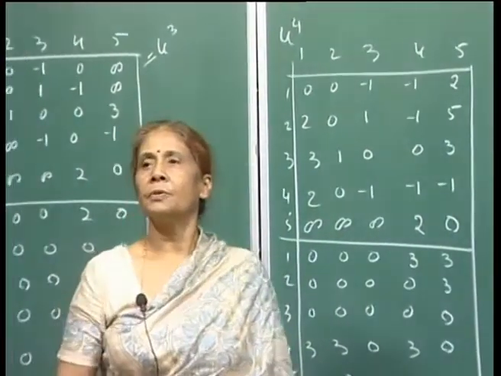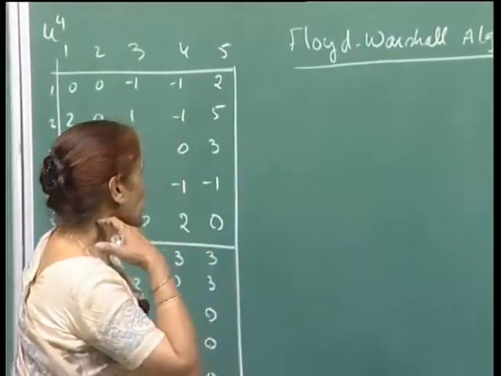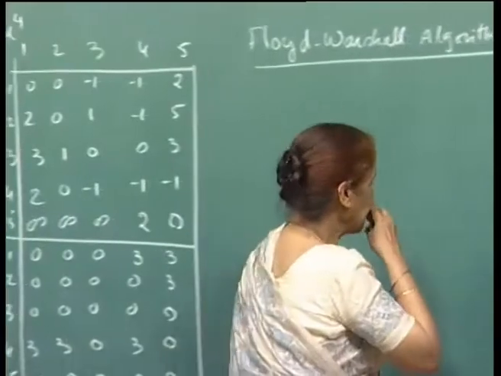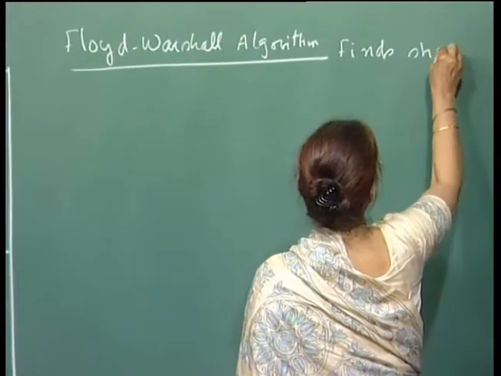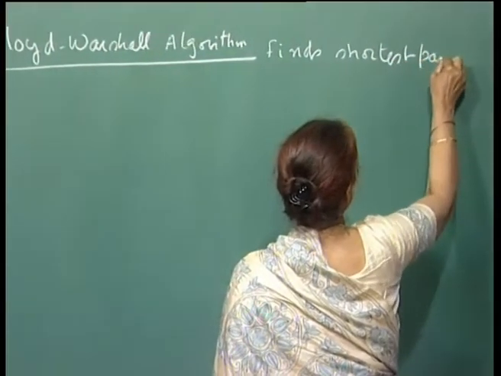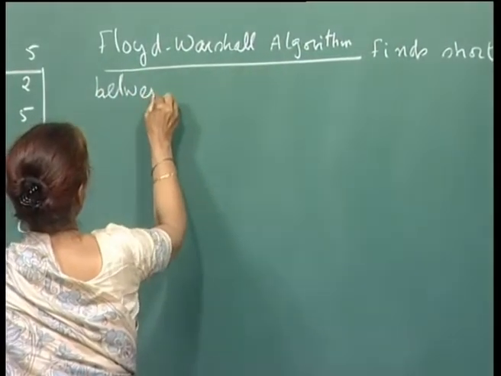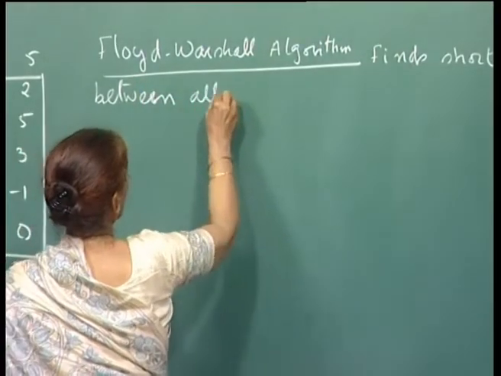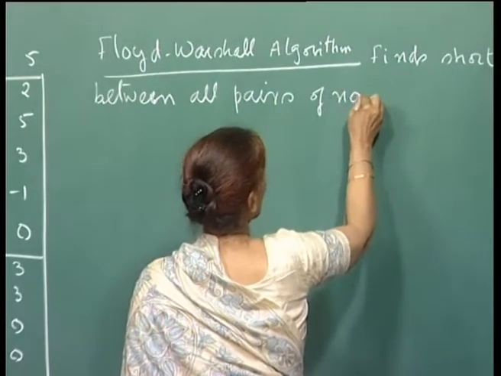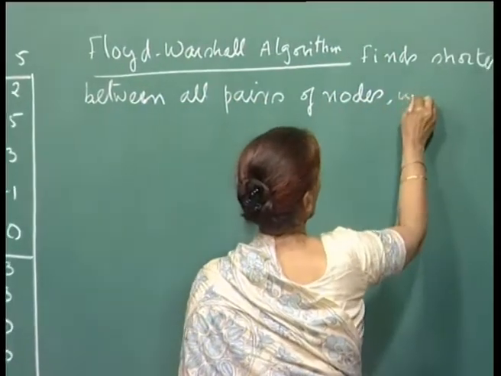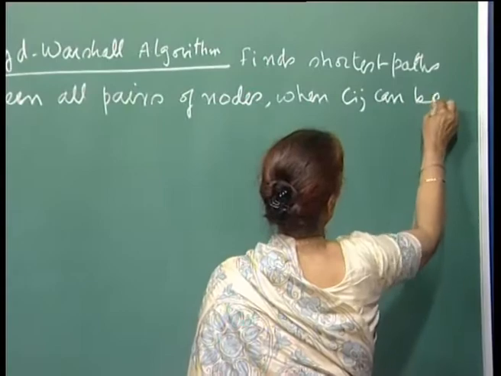So, let me now consider another shortest path algorithm where the Cij's are allowed to be negative, because in Dijkstra's algorithm we saw that the validity of the proof was dependent on the fact that the Cij's were non-negative, right. So, the Floyd-Warshall algorithm in fact finds the shortest paths between all pairs of nodes, not just one pair, when Cij's can be less than 0,